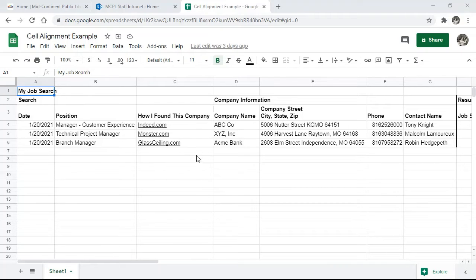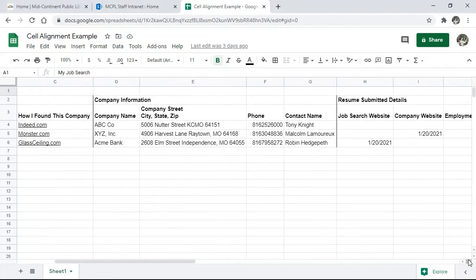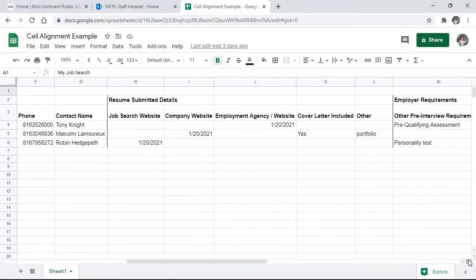And in this case, I just looked at 3 of the online companies that are known for job searches, but it could also be just the local newspaper. I was walking down the street and I saw a sign, whatever it is, how I found this company. And then I split it out into some of the company information as well. And so we have the name, the street, state, zip, that kind of thing, the phone number, the contact information. You don't always get that, but if you can get it, that can be of use to you from